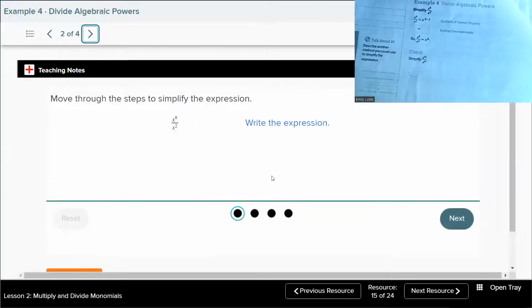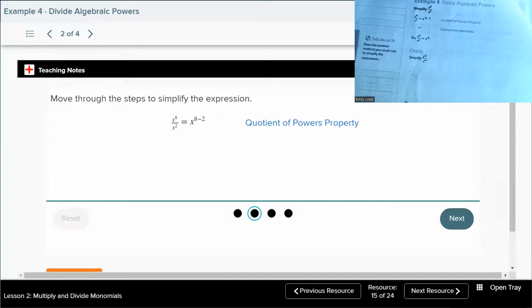All right, so we're going to move through the steps to be sure we're understanding. First, they wrote the expression. Easy enough. Next, they used the quotient of powers property to write out x to the 8 minus 2, right? So focus, please. And then, finally,